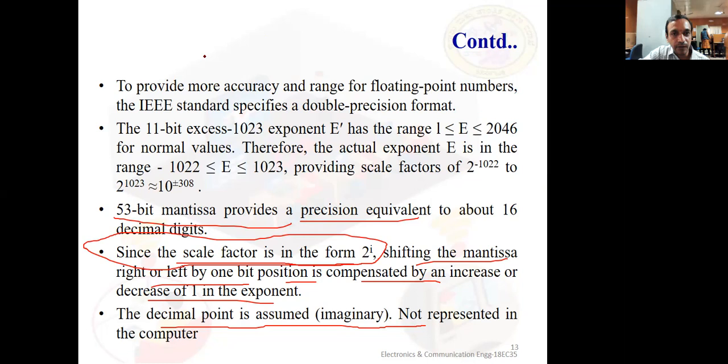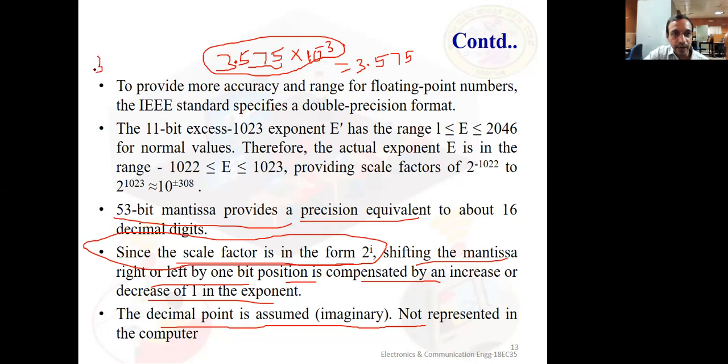Okay. So again, let me take one example with decimal numbers. Suppose I have 3575 multiplied by 10 power minus 2. Oh sorry, let us say minus 3. Let us say this is the number. There is no decimal point mentioned here. So automatically I can know that the decimal point is 3 positions to the left of the last digit. That means this value is 3.575. Correct, no? So the decimal point is assumed to be here.